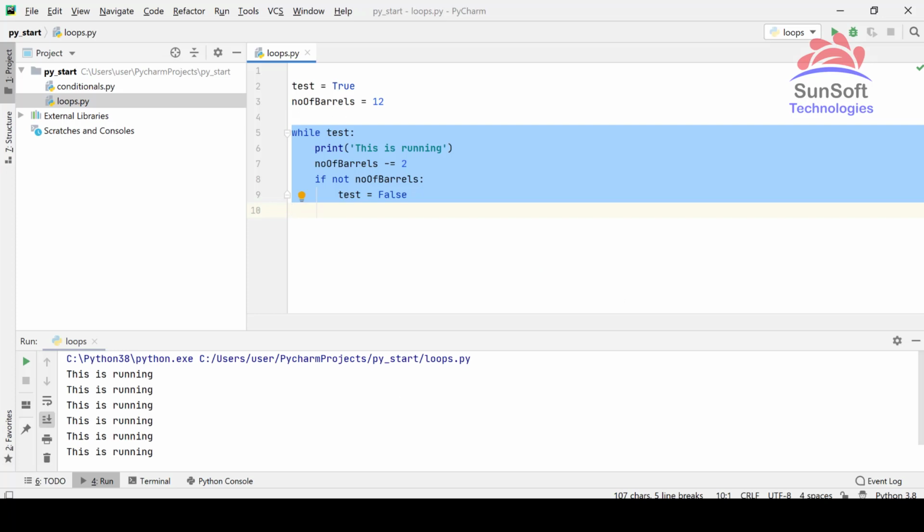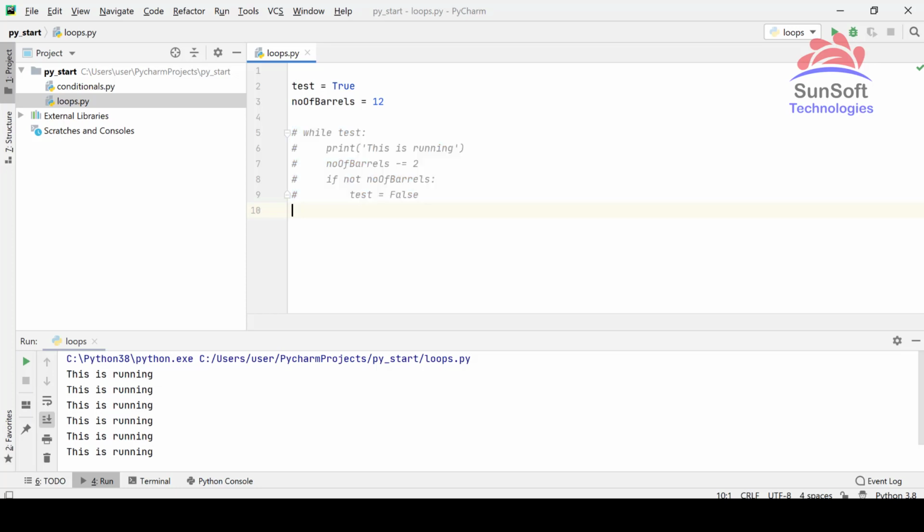So here we are back in PyCharm. For now I'll be commenting out this code. I have used Control plus slash to comment these lines out, and we'll be using the for loop. For the for loop, let's say x in name, because name is a container we can use. We actually don't have name, so let me declare that, name equals. So now we have name.